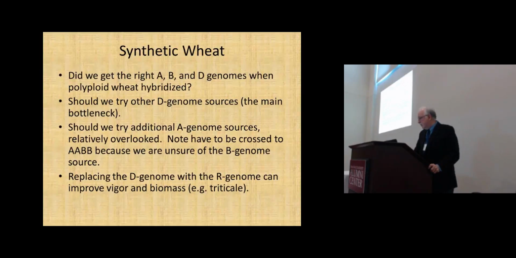There's less used, but some interesting work now being done on saying, did you get the right A genome? So now you're making diploid crosses to try to expand the diversity within the A genome, okay? Can't do anything with the B genome, really. I mean, you can do with pseudo-B genomes, but you don't have the thing. And then again, coming back to triticale, which is a biomass crop, a forage crop, a lot of different things, you may discover that the D genome, by luck, is what led to common wheat, but the R genome or some other genome could actually be better. And for biomass, the R genome certainly is better than the D genome, okay?